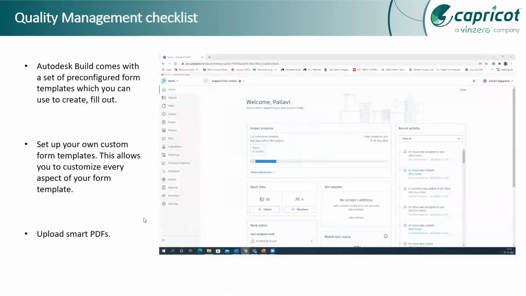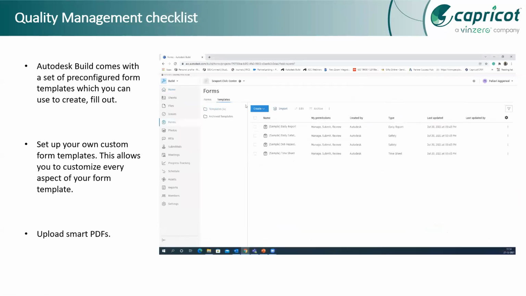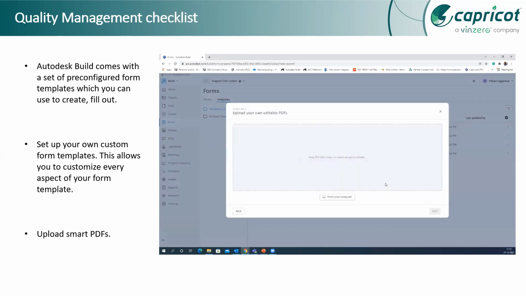So how do we manage those checklists? We build those forms in the ACC platform. Over here, what we are doing is we are going on the platform and creating multiple templates. So Autodesk Construction Cloud gives us the option of creating templates. So if an organization like yours might be having a standard PDF format wherein you want to bring multiple topics of your own, and you want to bring that same PDF within the platform.